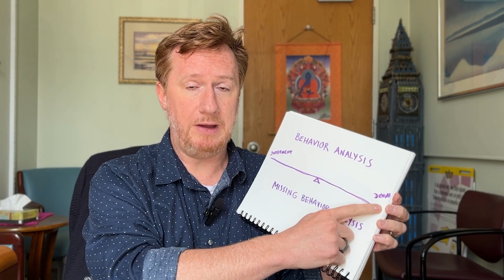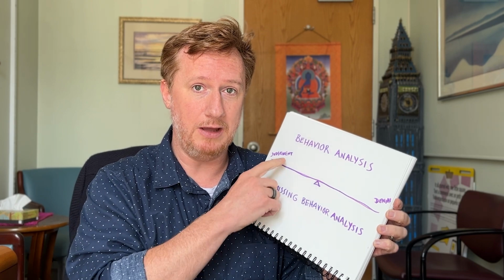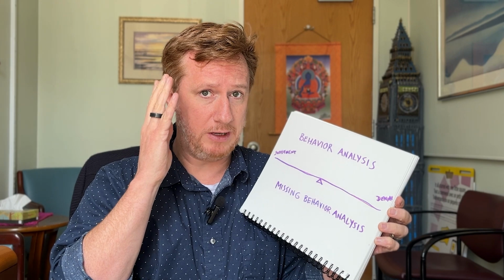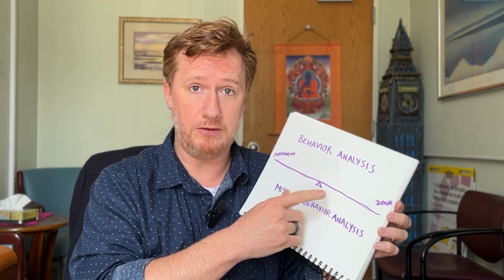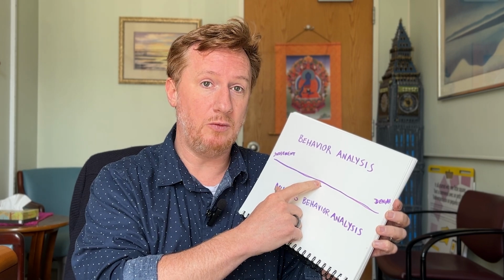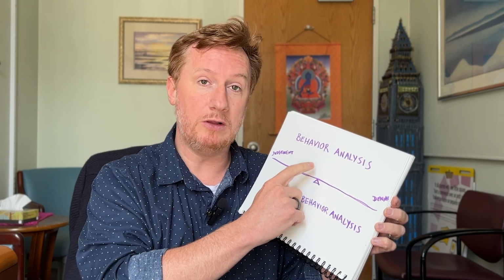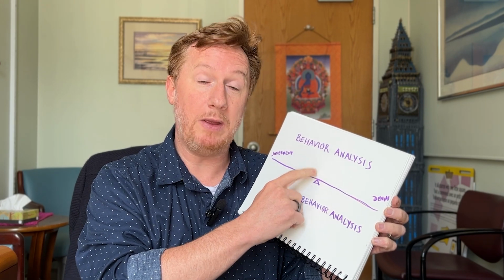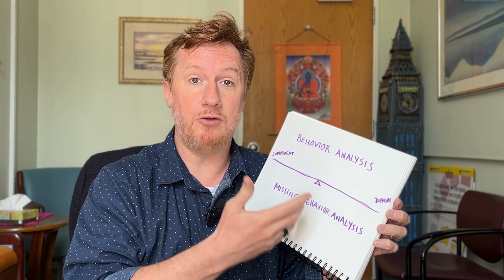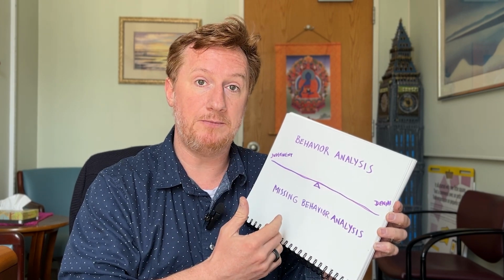Both of these positions make sense in a way. The intent is positive. You're trying to make a behavior go away, either by judging it so that it goes away, or not thinking about it and just hoping it disappears. The only issue is that neither of these is effective. So this third balanced way is what we're talking about with behavior analysis and missing behavior analysis, which is that we look at the behavior, so we pay attention to it, and then we attempt to learn and grow from a deeper understanding of our behavior and all the different elements of it.